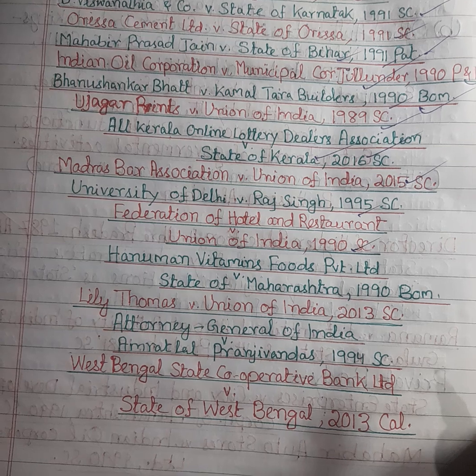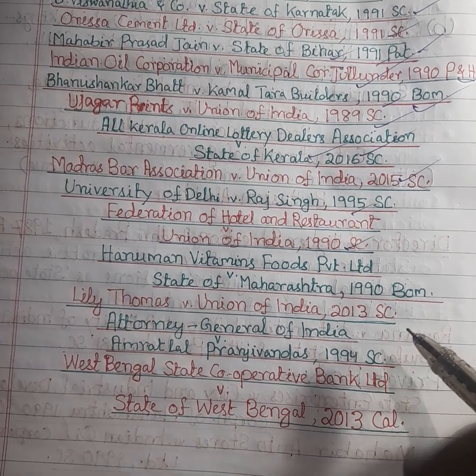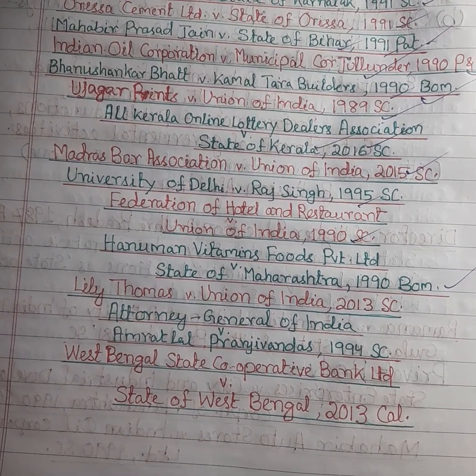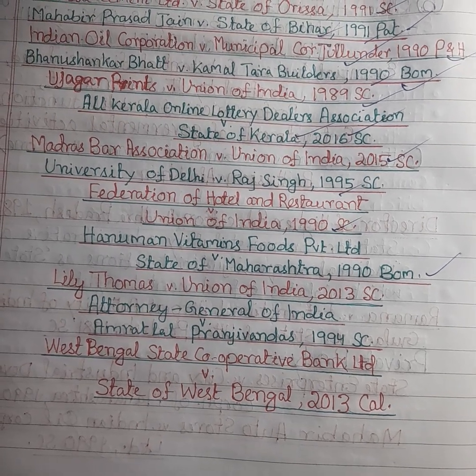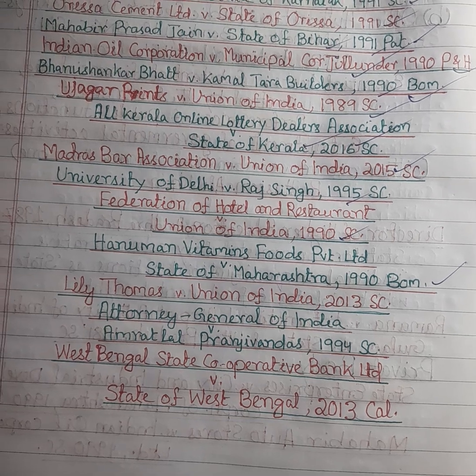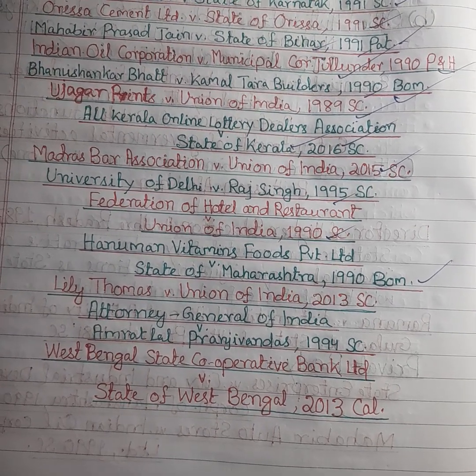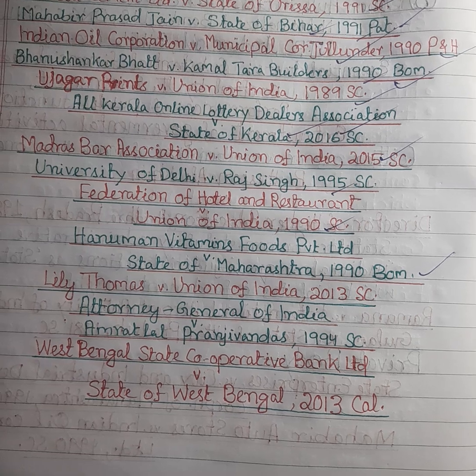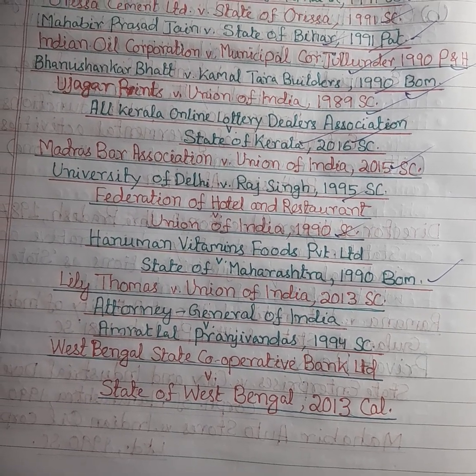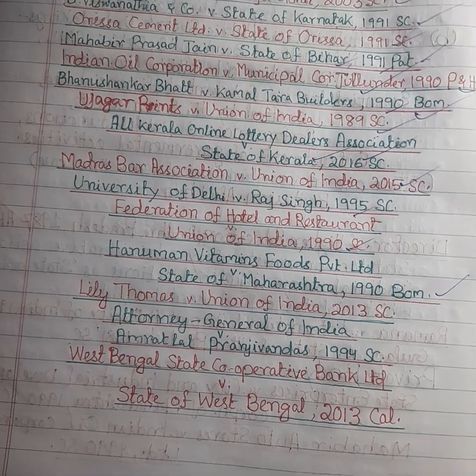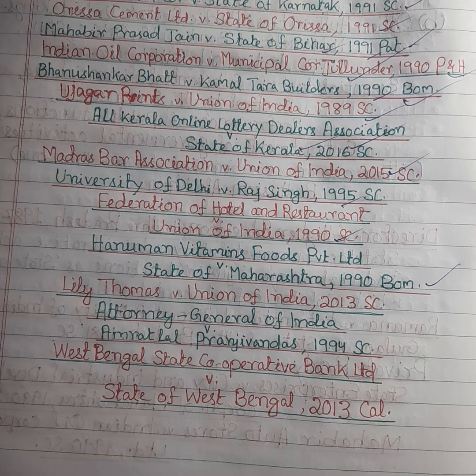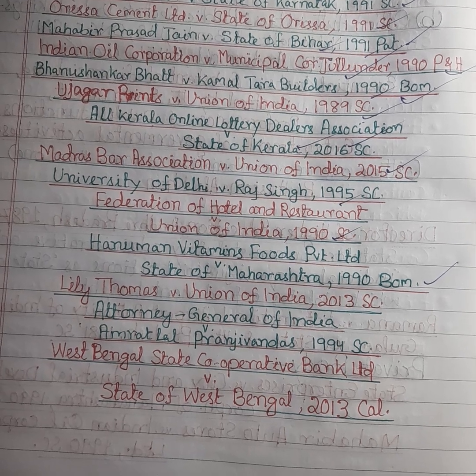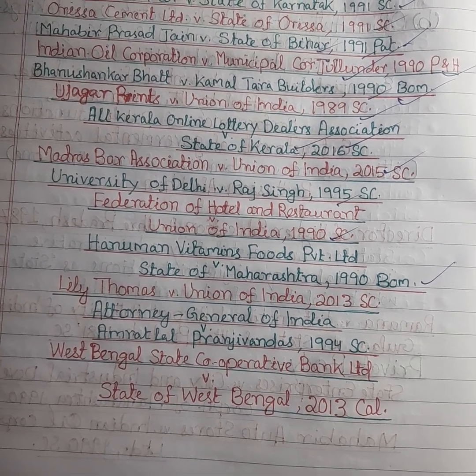And now we'll go to another important leading case, and the pronouncement was made by the Bombay High Court in this important leading case, Hanuman Vitamins Foods Private Limited versus State of Maharashtra, where it was pronounced that Article 25, Clause B of the Bombay Stamps Act 1958, as amended in 1985, which levies stamp duty on documents of transfer of shares in cooperative societies, falls within concurrent list entry 44,